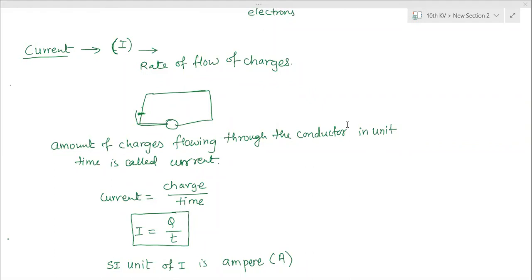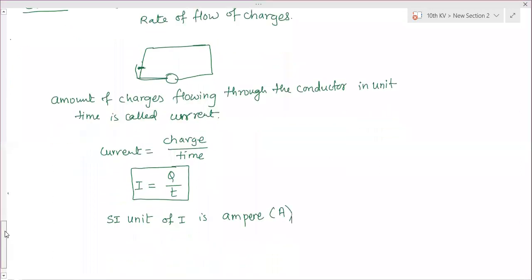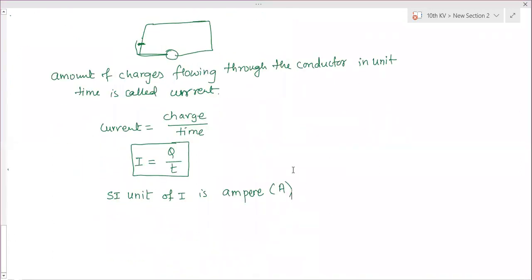So designing of the bulb, designing of any electrical appliance, is always done by taking into consideration the value of current. So calculation of a current has to be done for that. People should know the amount of current flowing in the circuit. That calculation is done by the formula I is equal to Q by T, that is charge by time. This is the formula of a current, and the SI unit in which it is measured is ampere.